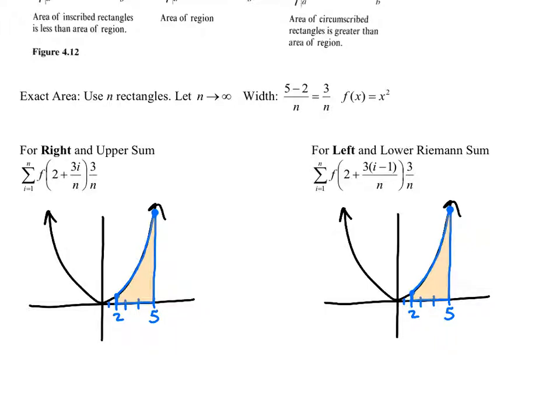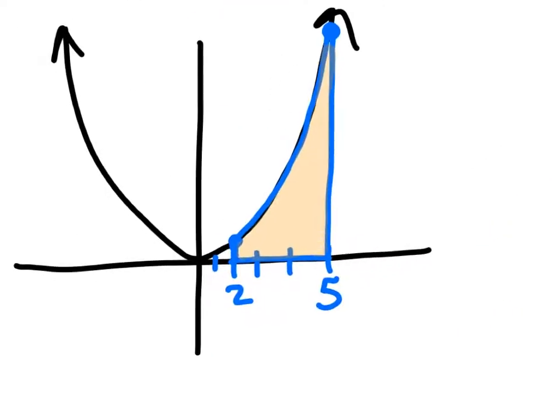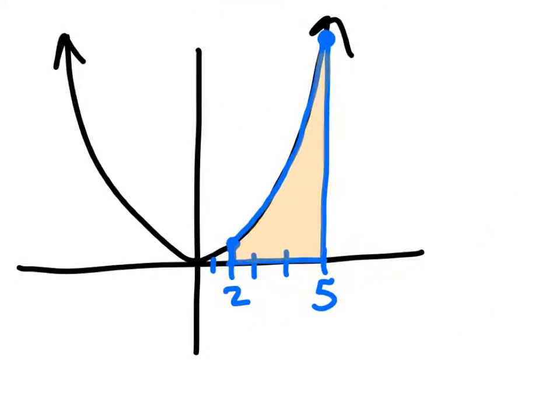I'm actually, in this particular case, the right is the upper, but I'm going to cross that out because this formula, the way we're doing it, is for a right, whether it's upper or lower, okay? Notice what ends up happening. For the right sum, isn't this the same one we just did? It is. But notice we're going to end up getting a little different approximation, but I want you to see